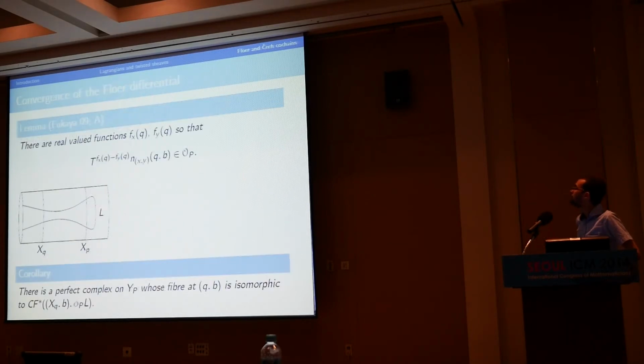Okay, so the ideal thing would be to say that these matrix coefficients are actually regular functions. Okay? But they're not. They're unfortunately not. So I will illustrate it with this toy case, which is just to take a cylinder, I draw this Lagrangian, and my fibers, this is my reference fiber, and this is another fiber which is nearby, and I'm trying to understand how does the Floer differential vary as I move the fiber from P to Q.